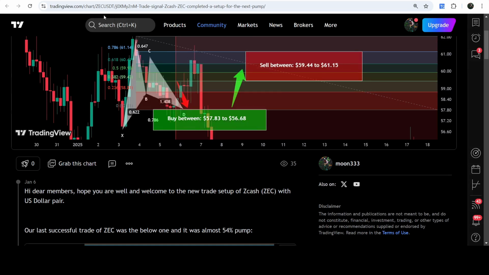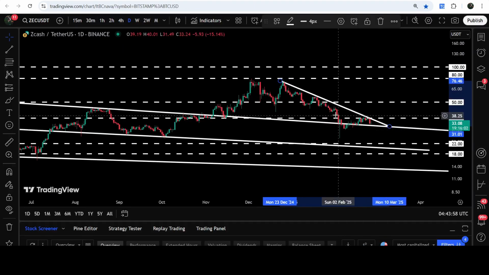Now let's move to the live chart of Zcash, and this is the daily time frame. Here you can see that for the past several days or weeks, it is getting rejected by this resistance since after 25th of December 2024. We got rejections here, and a few more rejections here. Now we are again testing this downtrend line support. On the daily time frame chart, by the way, we broke down this support a few days ago, but